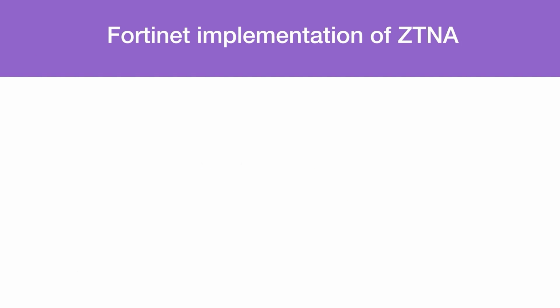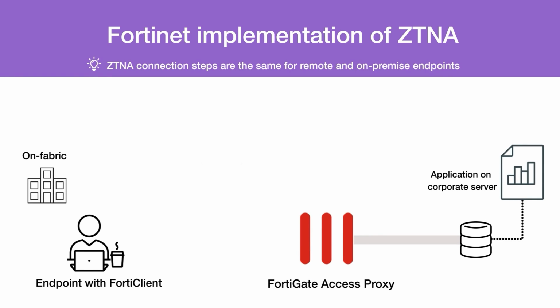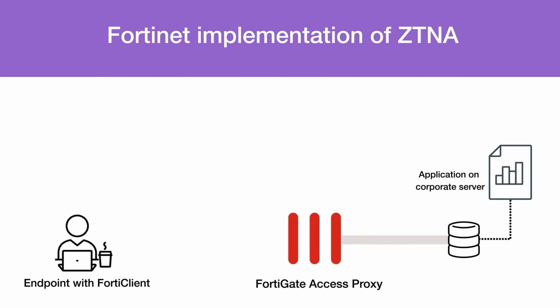Now let's look at how Fortinet implements ZTNA. Here's an endpoint that needs to connect to an application. Our endpoint can be on Fabric, which means on the corporate network, or off Fabric, which means connecting remotely. In this scenario, the ZTNA connection steps are the same. The endpoint has migrated from SSL VPN, so FortiClient is already installed, and FortiClient is registered to the FortiClient EMS